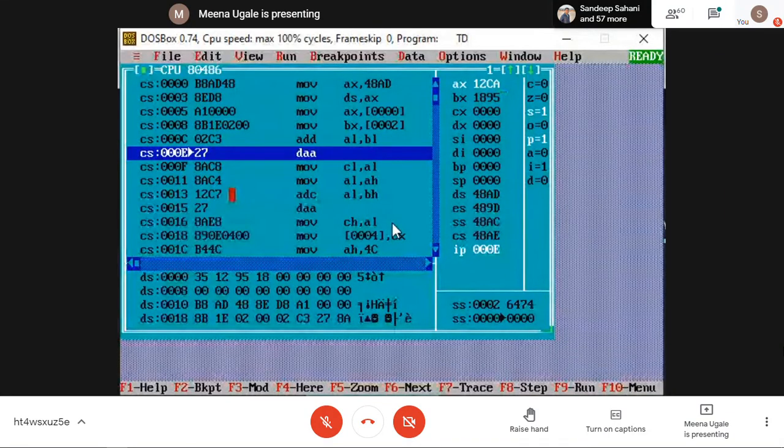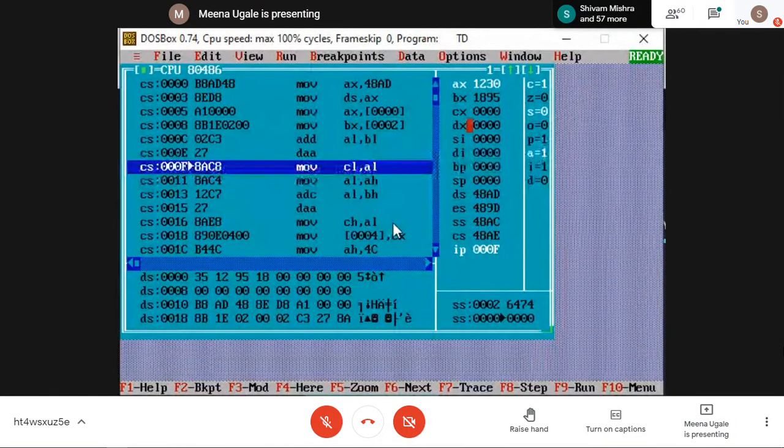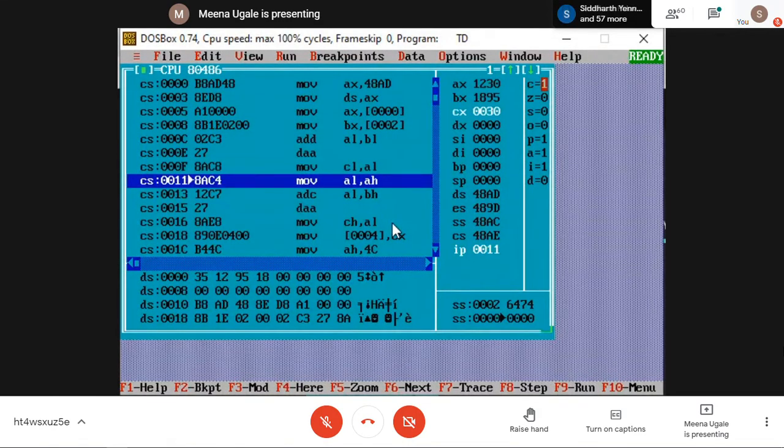Then I'm applying DAA. So DAA has converted CA, which was my answer, to 130: 30 and the carry flag is set to 1. Then I'm moving the number 30 inside the CL part.